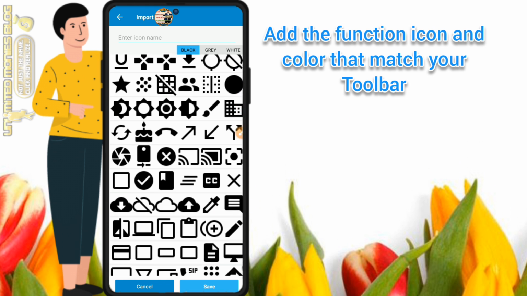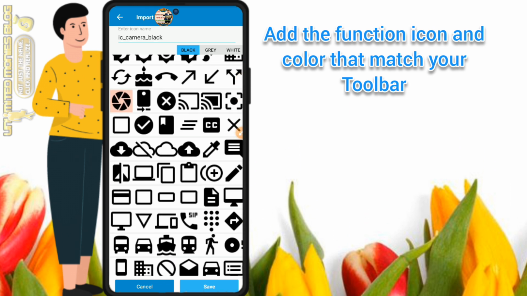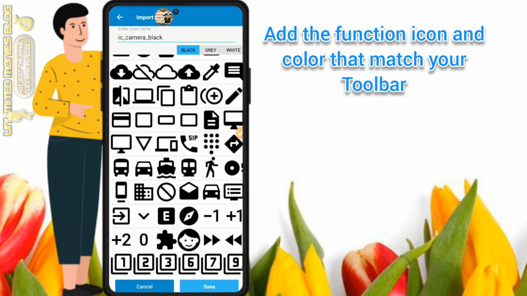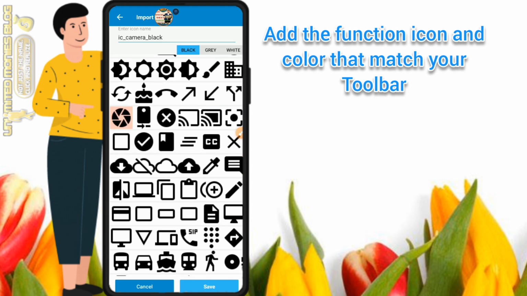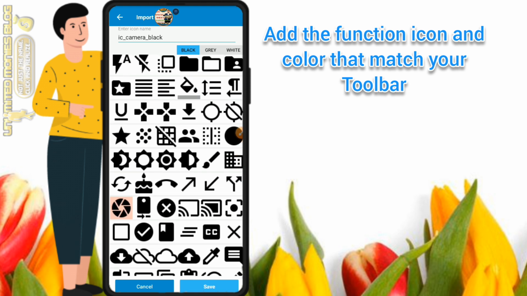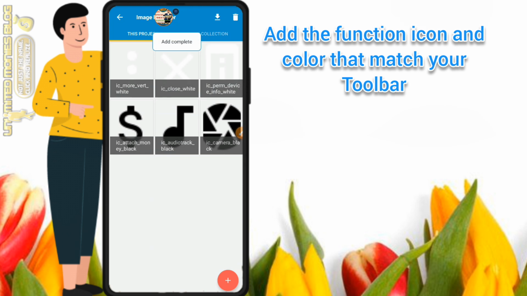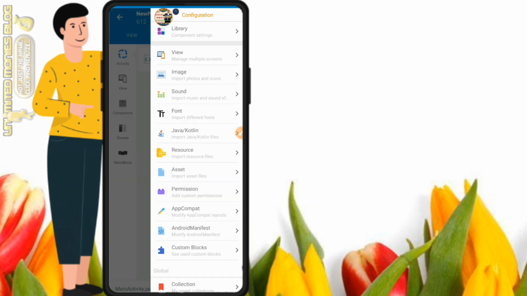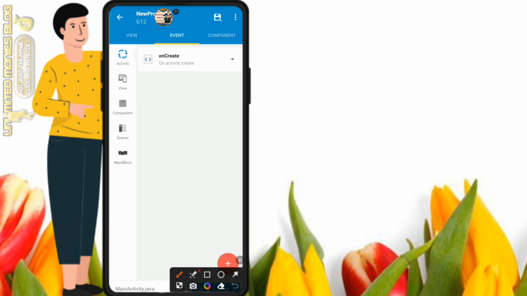Okay. I choose camera. Camera is okay for me. I choose something like camera, and I save it. So I have 3 icons to use because I want to just make 3 options. You can make as many options as you want. So I'm using that 3 icons. So the next thing I have to do is to come back to my view parts, so I can set